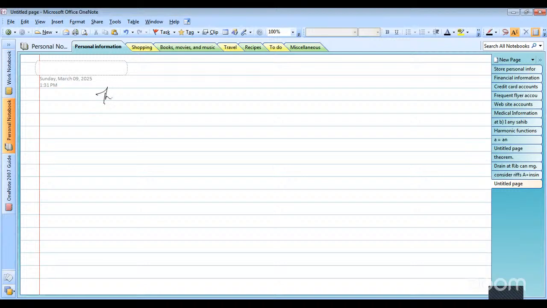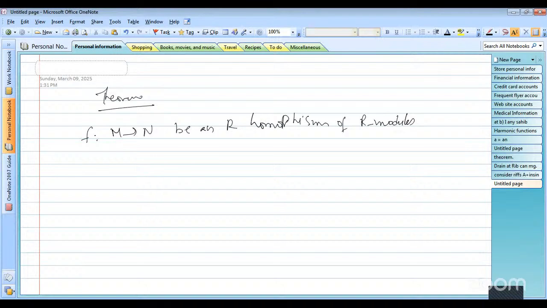One theorem we have to learn in commutative algebra. Let f: M → N be an R-homomorphism of R-modules. We take K equal to kernel f, and h: M → M/K, the natural R-homomorphism. Then there exists a unique R-homomorphism